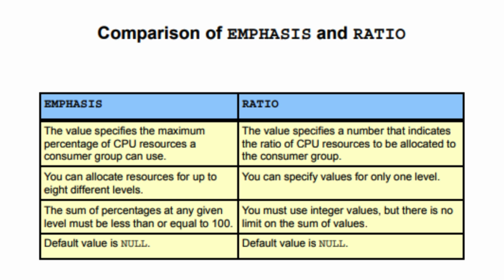The ratio policy is a single-level CPU allocation method. Instead of percentages, you specify numbers corresponding to the ratio of CPU you want to give to the consumer group. For example, given 3 consumer groups OLTP_users, DSS_users, and batch_users, you can specify the following ratios: OLTP_users, 4. DSS_users, 3. Batch_users, 2. Other, 1. This is similar to saying that OLTP users should get 40% of the resources, DSS users should get 30% of the resources, batch users should get 20% of the resources, and all other consumer groups should get 10% of the